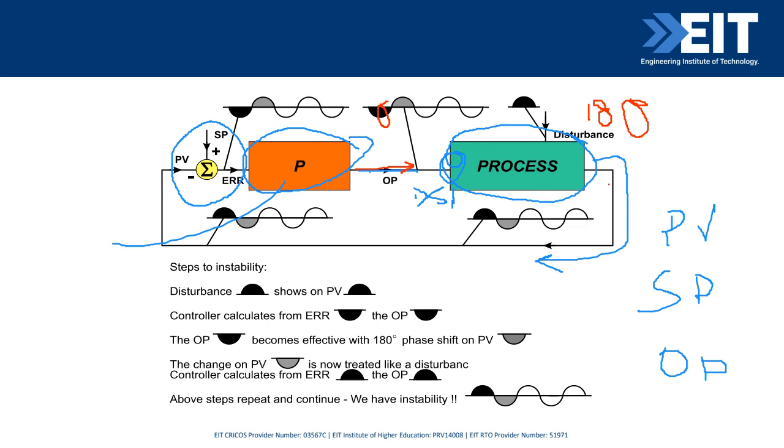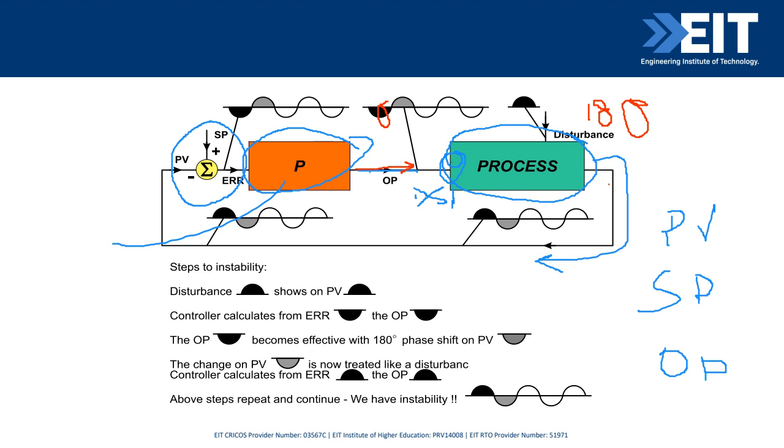So the 180-degree phase shift could be something like a temperature loop. When you heat up a tank of water and you measure the temperature, do you see an immediate heat and then 100 degrees Celsius? No, you don't. It takes time. That lag is where you get the 180-degree phase shift. So there's a delay in the process. Any control action, there's a delay. And then we feed this back here,